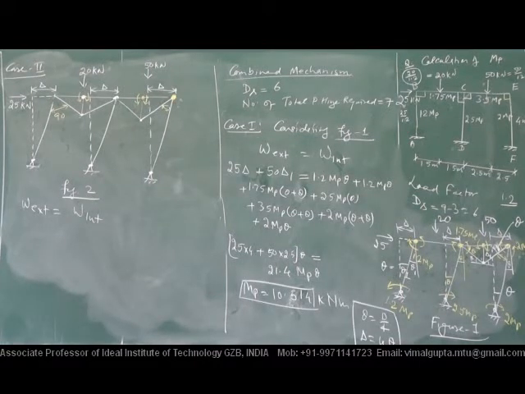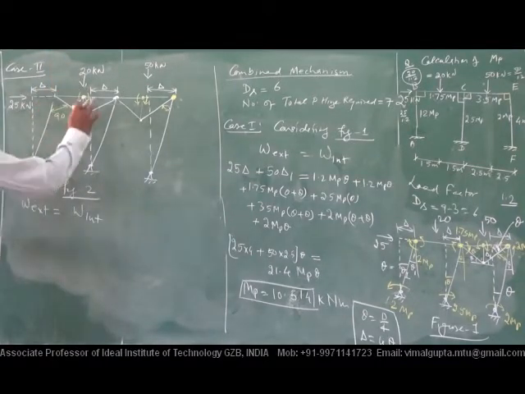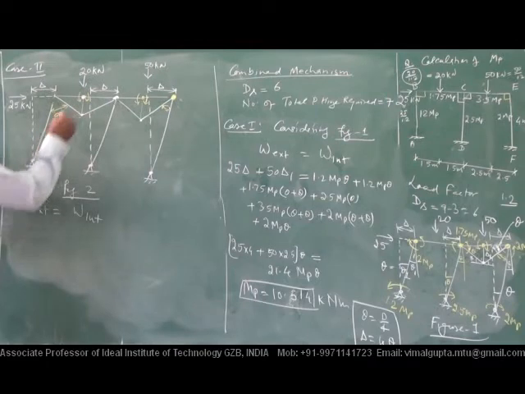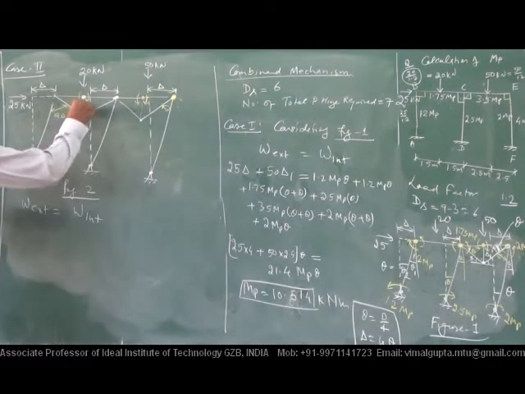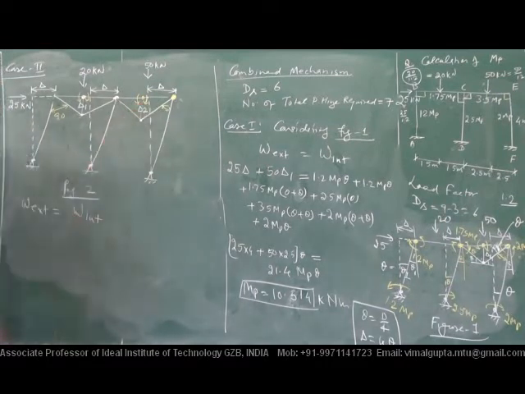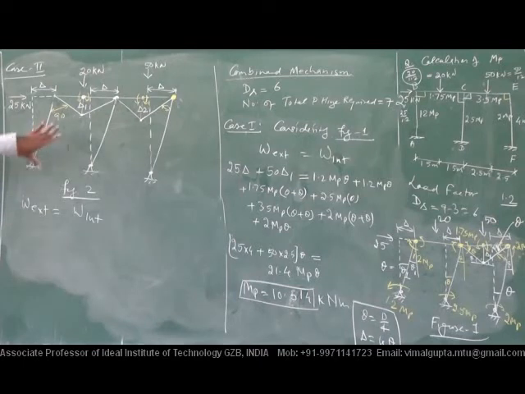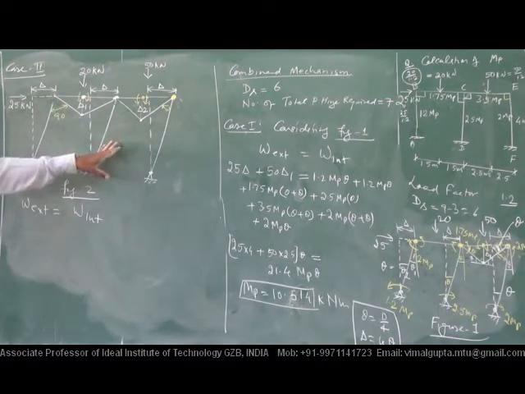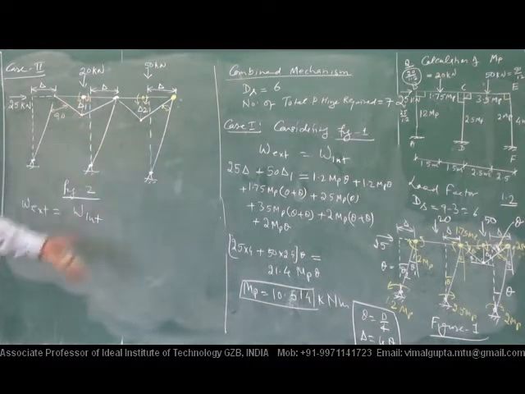Okay. What will be the value of W external? 25 into delta plus 20 into this one value, say it is delta 1, plus say it is delta 2. We will not do work in advance, writing delta 1, delta 2 beforehand. We will write only the thing which will be required.